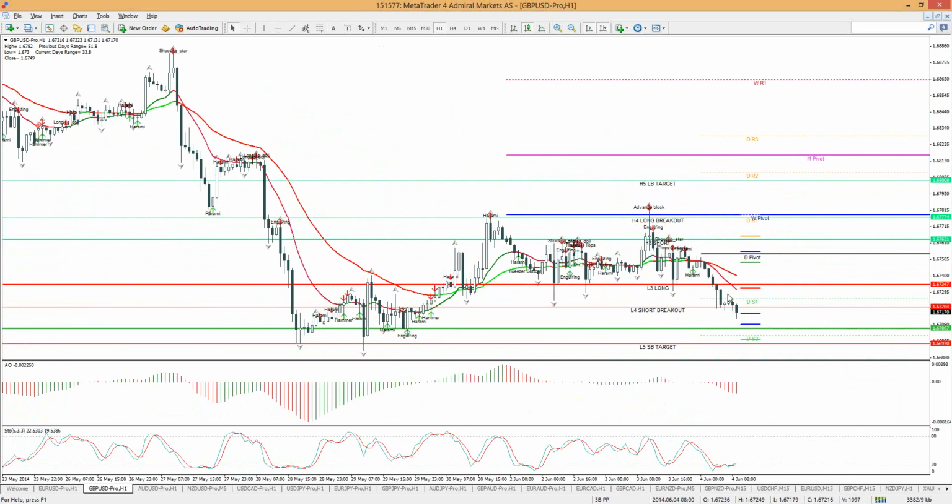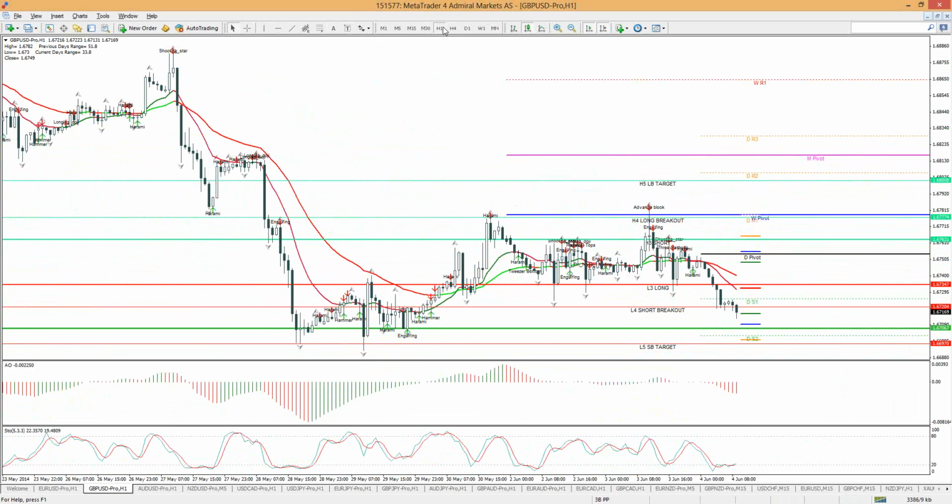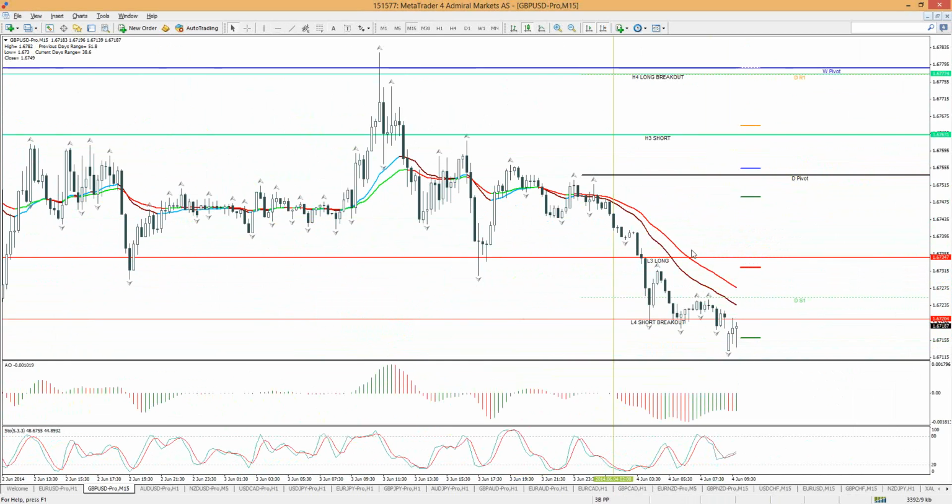Just because we're moving down now doesn't have to mean that we continue moving down. We could get a retracement. That's something we have to be aware of, especially if you look at the fact that the pound dollar has been in a downtrend already since here. If we then zoom into the 5-minute chart,